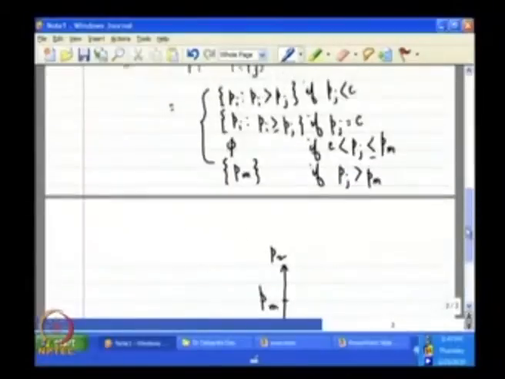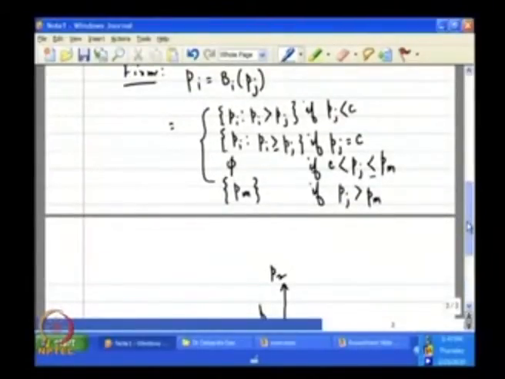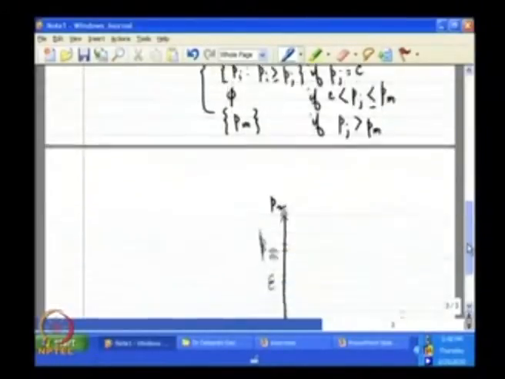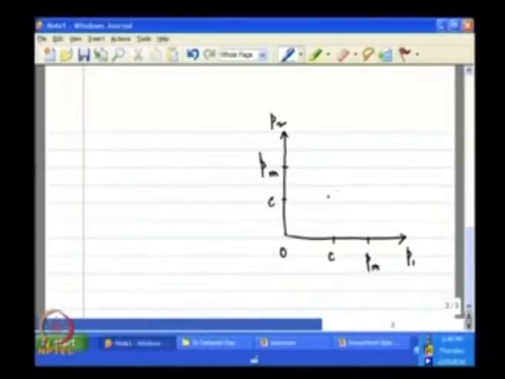What we know is that if P2 is less than C, then P1 will have to be greater than P2. So, here is this point C and suppose this is the point PM and this is the 45-degree line. If P2 is less than C, that is we are talking about this range, firm 1's best response is to charge a price which is strictly greater than